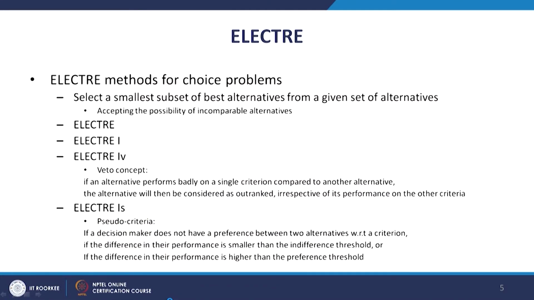Then the next one is the ELECTRE IS version of this method. Here S actually stands for pseudo criteria. So, what do we mean by pseudo criteria? A few pointers are indicated here. If a decision maker does not have a preference between two alternatives with respect to a criterion, that is one situation where we can use this particular version of the method. If the difference in the performance is smaller than the indifference threshold, this is another scenario. If the difference in their performance is higher than the preference threshold,